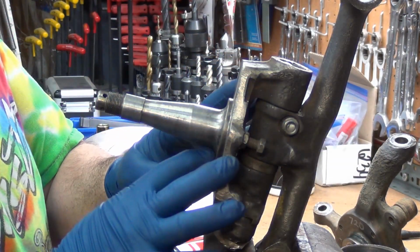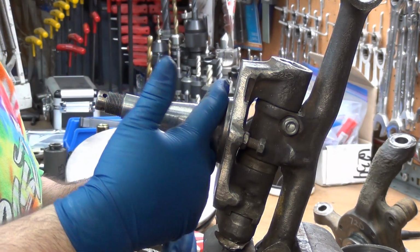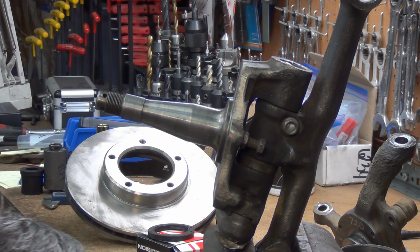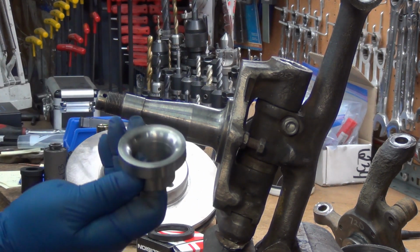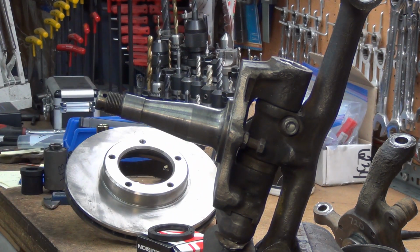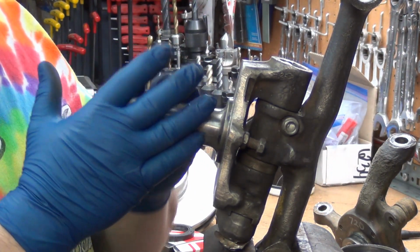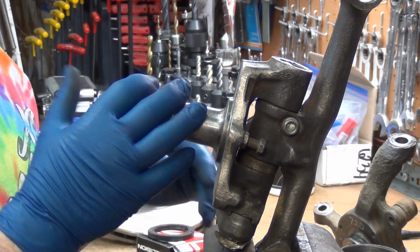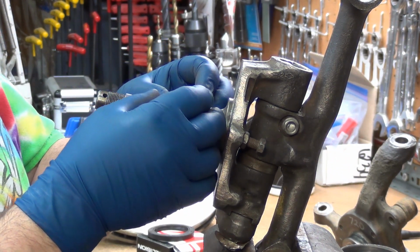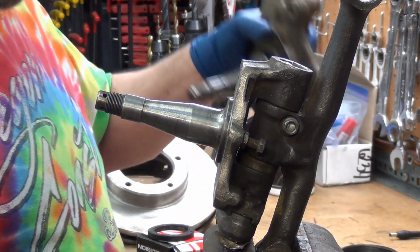The stock spacer has been taken off the back here. It's close to 1/2 inch, whatever, it's common. That has to come off to put on any of the other bearing adapters, that you're probably used to seeing from me, that allow hard body hubs to be put on here. So the Toyota hub and the hard body hub use the same bearings. There is a difference in spacing between the bearings. The Toyotas are spaced a little bit further apart. So just as a boring fact for the day here,